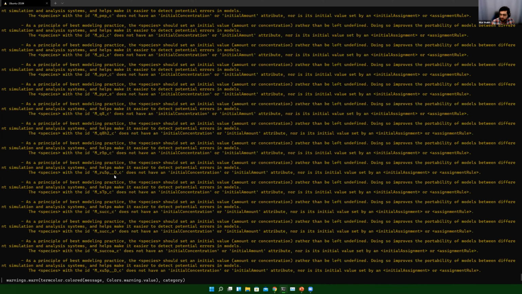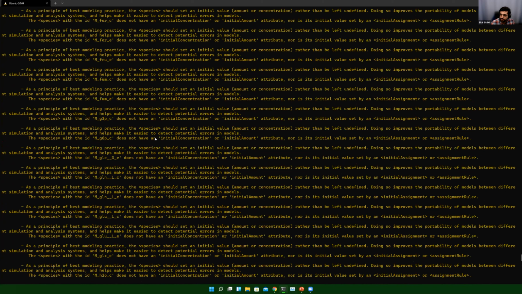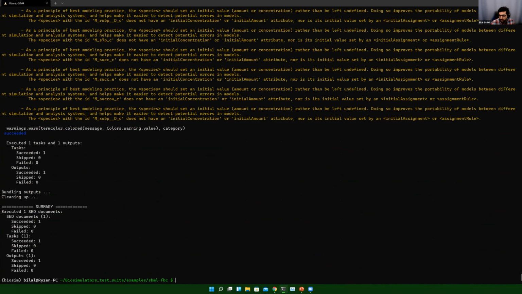So now you can see, it's outputting a good amount of information. This is very similar to the logs that we were taking a look at earlier. But what we really want to look at is just right here at this end. So we can see it executed one task, similar to what we had done online, and it was able to do it successfully.